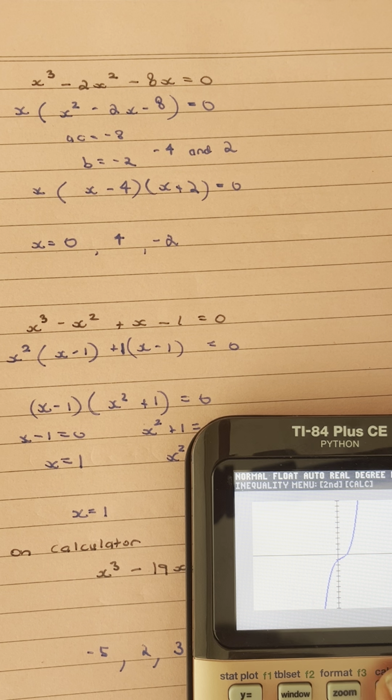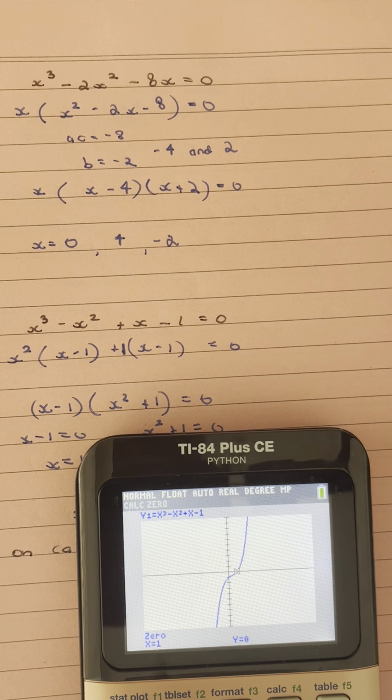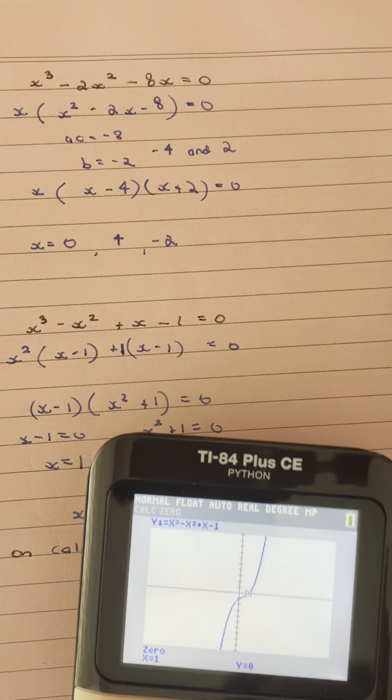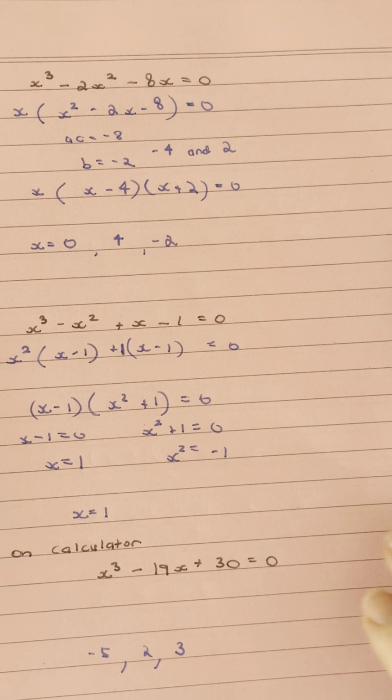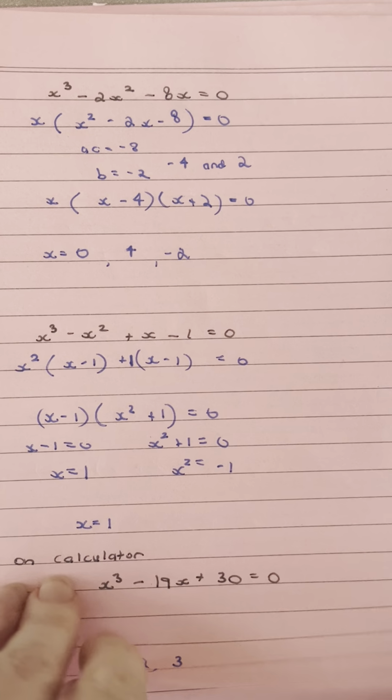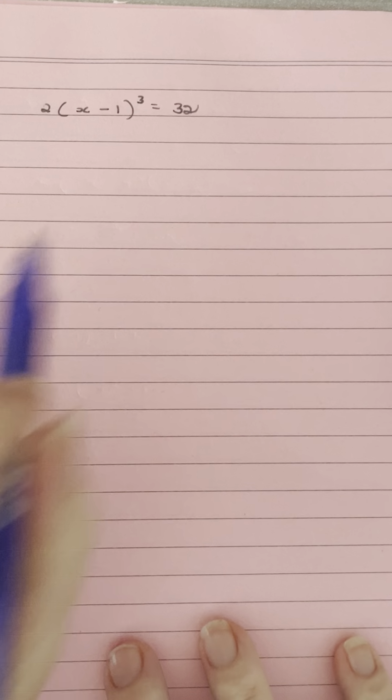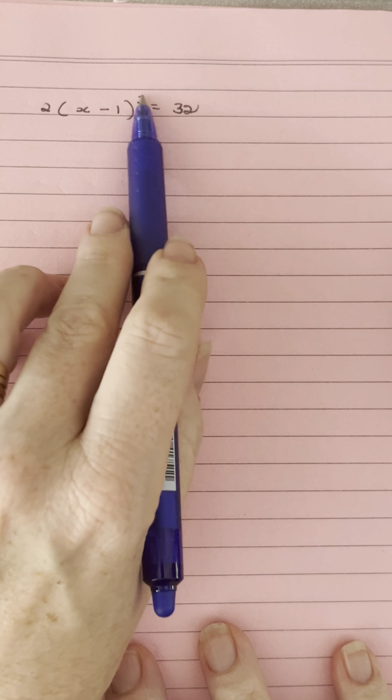And we can also use that same process of using the 0 and going between negative 10 and 10. And it found that 0 for us. So just want to show you with one that wasn't as standard as the one we just looked at on our calculator. Now the last one that I've got here is where we've got 2 outside of x minus 1